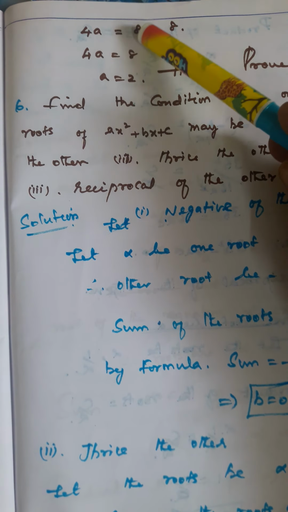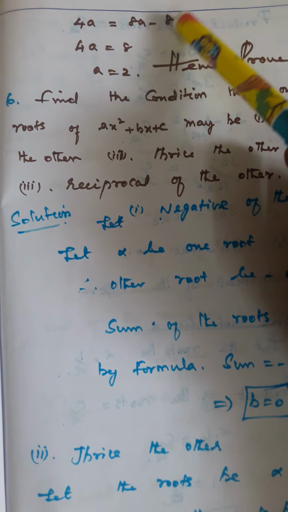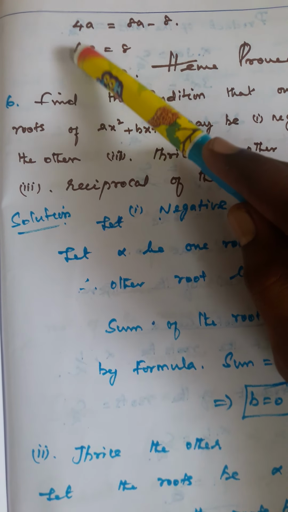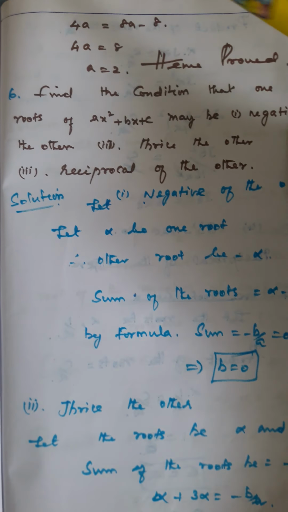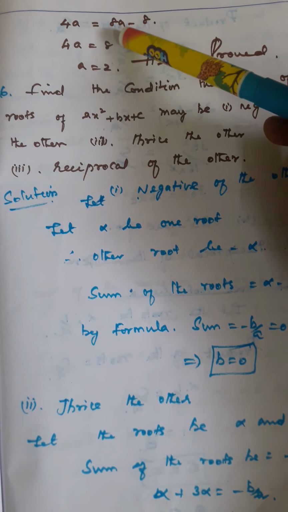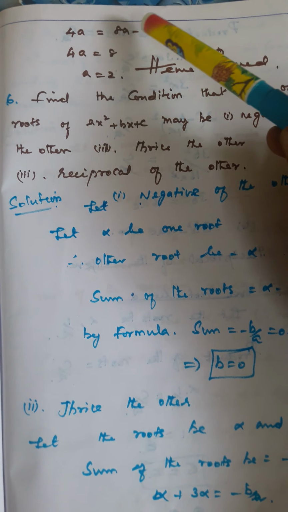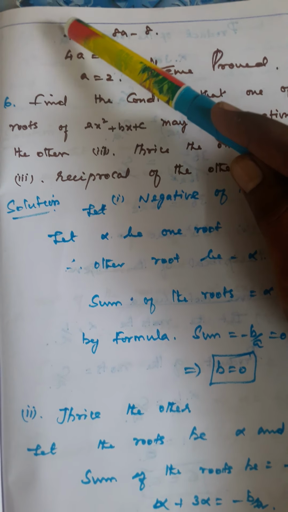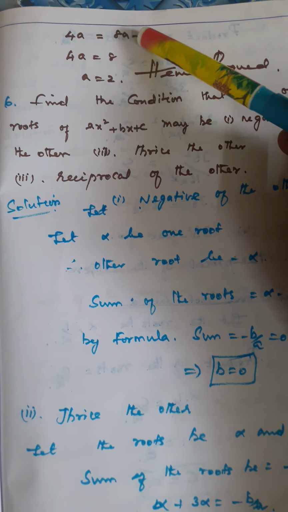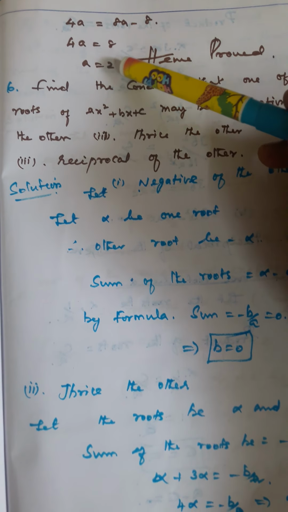4a equal to 8a minus 8. So the minus 8 here and 4a. So 8a minus 4a becomes 4a and 8 is positive. So you have to understand, right? So your 4a is nothing but 8. You can ask me suddenly what happened to this 8a. So understand clearly. I am taking the minus 8 to the other side, so it will be plus 8. 4a to the left side, it will be minus 4a. Right? So 4a equal to 8, a equal to 2.